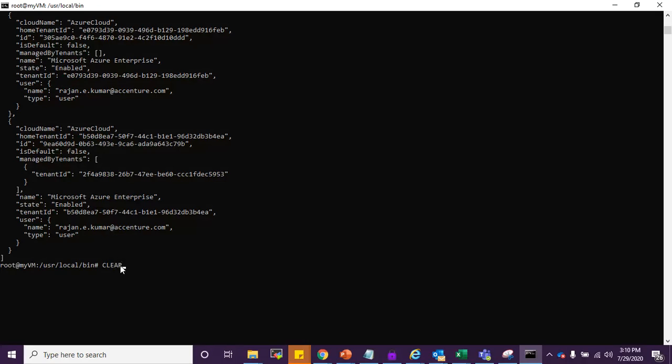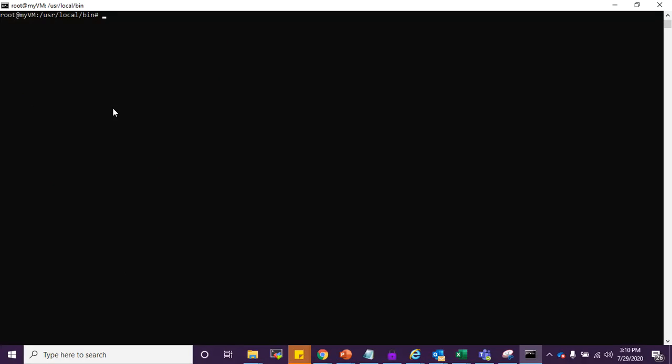It's clear. Now again an ls. Now we have the main.tf file created. Let's do a terraform plan directly.